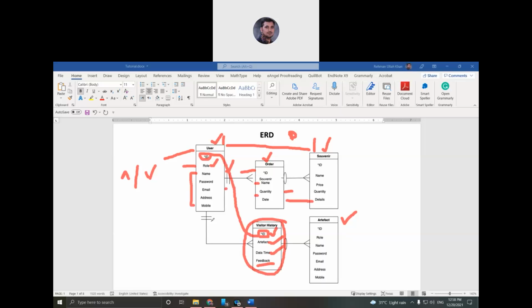One visitor may have several histories, depending on the time, and one history may store information about several artifacts. So this is why it is one to many.